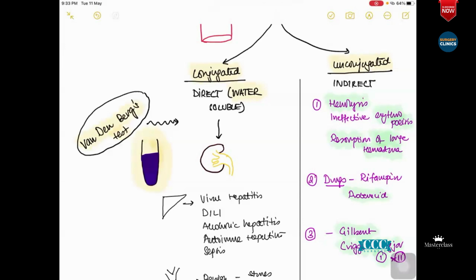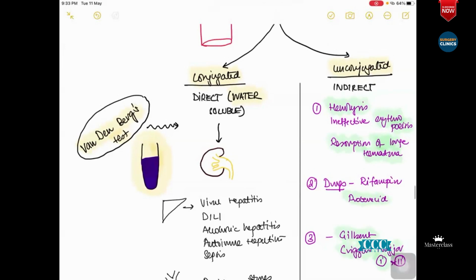So, can you please repeat? I got confused, sir. Okay, Shoptik, please repeat. See, this test is that in the Van den Bergh reaction, you're trying to find out direct bilirubin. You take the sample, you add that reagent to it, the sulfanilic acid, and then to that you will add the alcohol. Now, initially, if there is direct or conjugated bilirubin, it will react and form azobilirubin. You get a purple color. Since you see this directly, it is direct bilirubin.